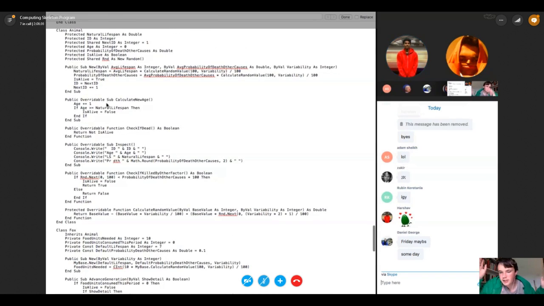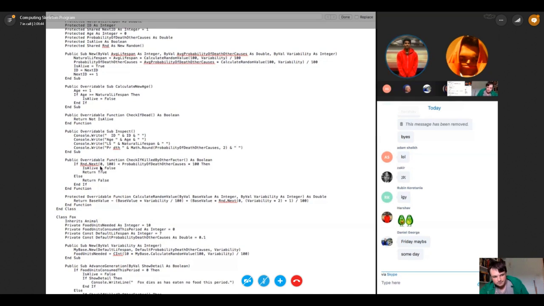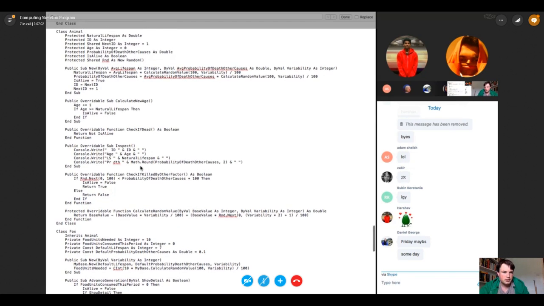Right, so this is the trickiness with the code, is that there is so much stuff, it's hard to jump around, but once you find it, you know what you're looking for. Right, so here we'll check, so presumably because it's in the animal class, foxes also need to check whether they're killed by other factors, and it's a Boolean, so it creates a random number between 0 and 100. The probability of death by other causes is determined